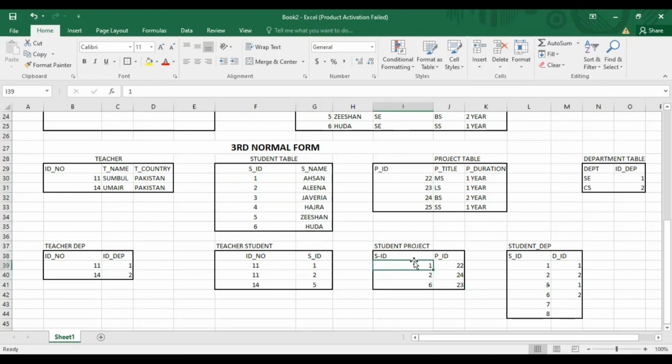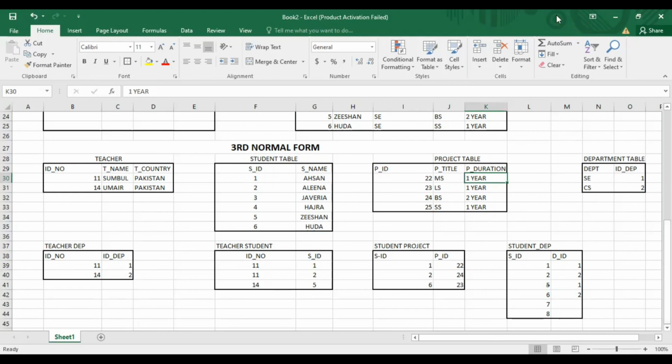This column refers to student number 1 and this column refers to the project table, ID number 22. Student number 1, SN, is in project 22, whose project title is MS and duration is 1 year. So we have used the references of one common table and stored them in a new table with the relations.